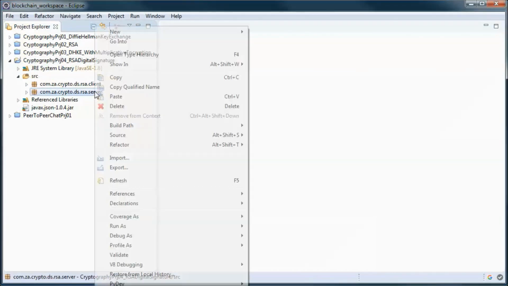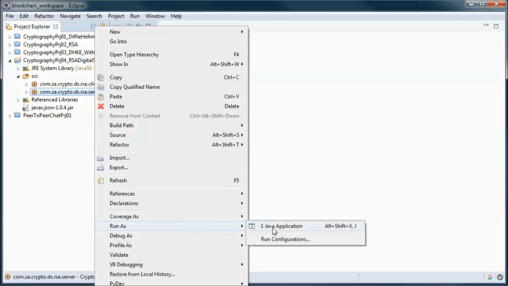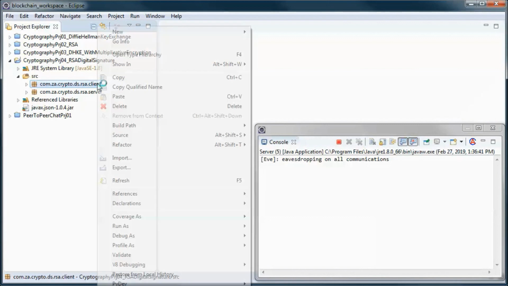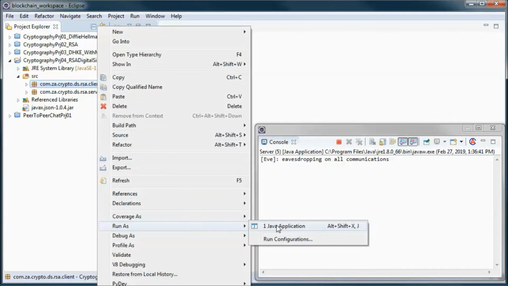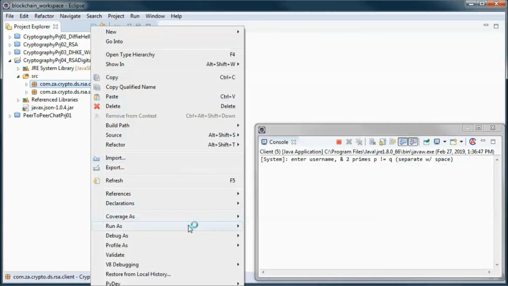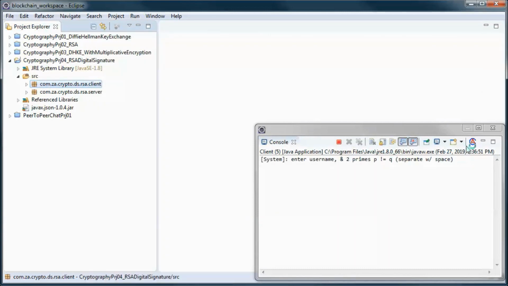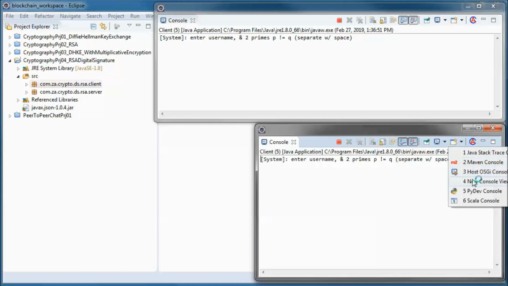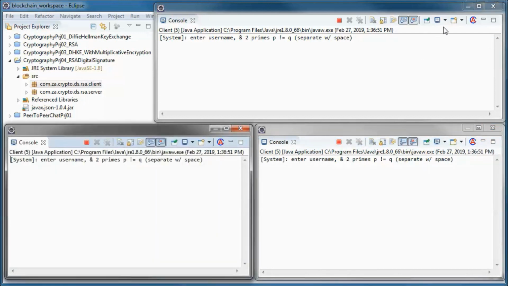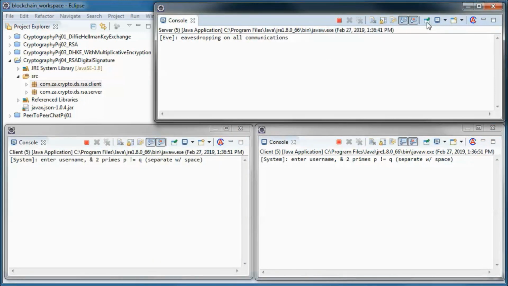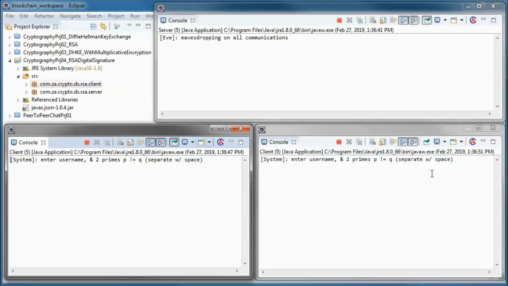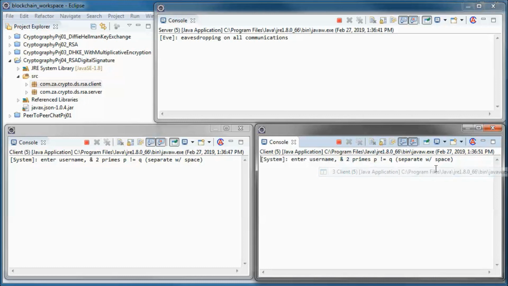And finally, let's go ahead and test run the application. And this will be the server, and this is the first client, and this the second one.